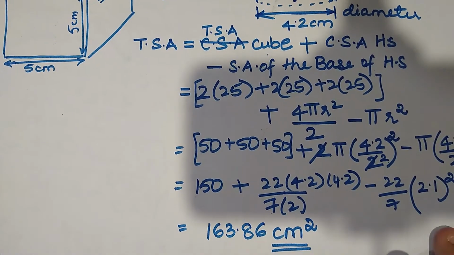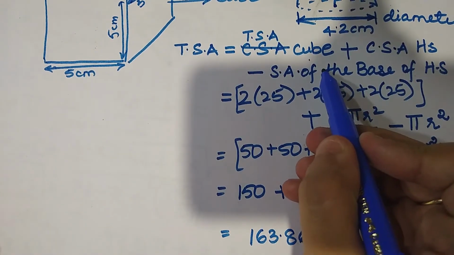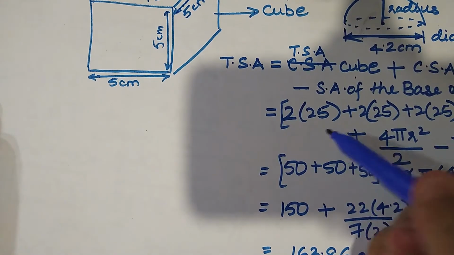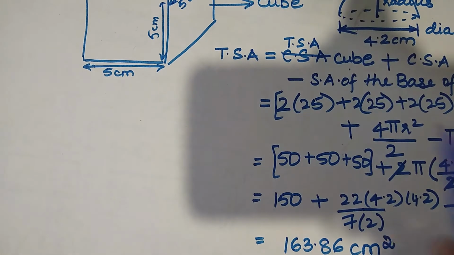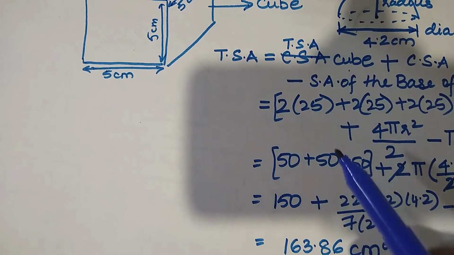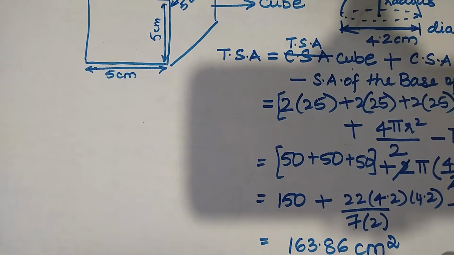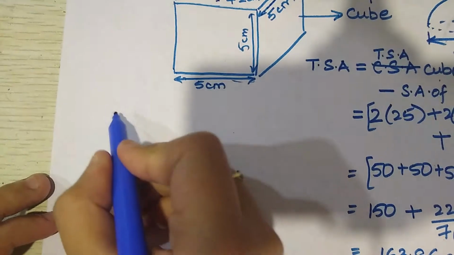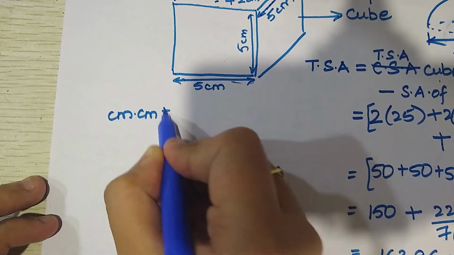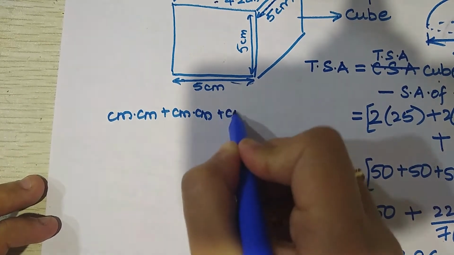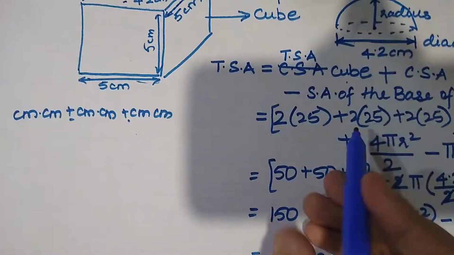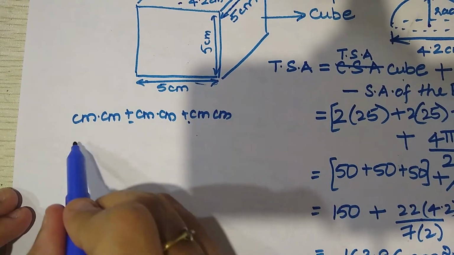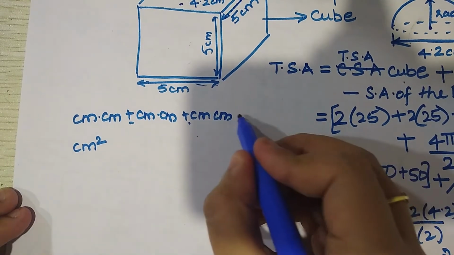Why is it centimeter square? For that you will have to come back to this formula part, right? So here, as I told you, 2xy plus 2xz plus 2yz, right? So xy, yz and zx, those were these edges, 2 of the edges each and every time. So it was centimeter into centimeter plus centimeter into centimeter plus centimeter into centimeter with some constant number, which here in this case is 2 into 25.